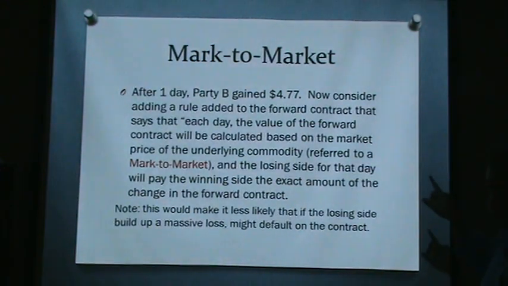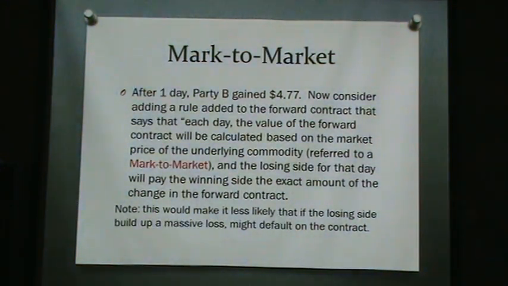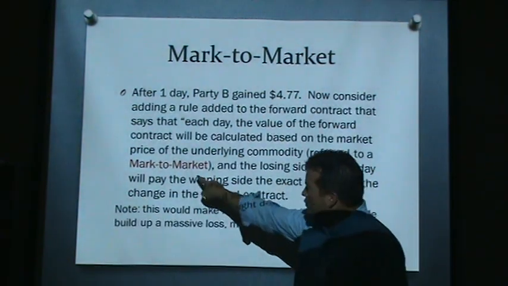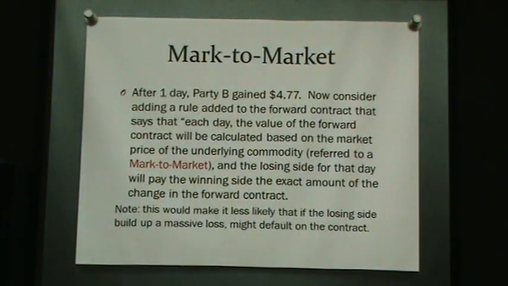And remember, this forward contract is what's called a derivative. Anything that derives its value from something that's sold in a stock exchange is called a derivative. So this thing, which started off with a value of 0 to both people, now has a value of $4.70 positive to one person, minus $4.70 to another person. If you mark your books based on what you gained and lost per day of this derivative security, a forward is a derivative security, they call that mark to market,